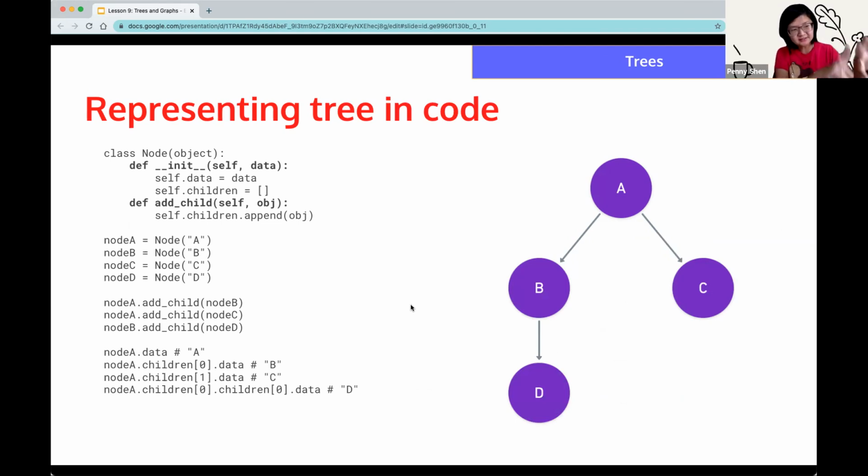So you can see we're initializing all the nodes here with data, so A, B, C, D. And then to construct the tree you see on the right, we have to add all the children to node A. So we added B and C to node A, and then we added D to node B. Normally you just have access to the root node. So to get all the data out, you would look at the children, and their children, and so on. Normally you would do this either iteratively or recursively, but this is just to illustrate. You would use those pointers to pointers to pointers, and keep going down the tree that way. And we'll talk more about tree traversal later as well.